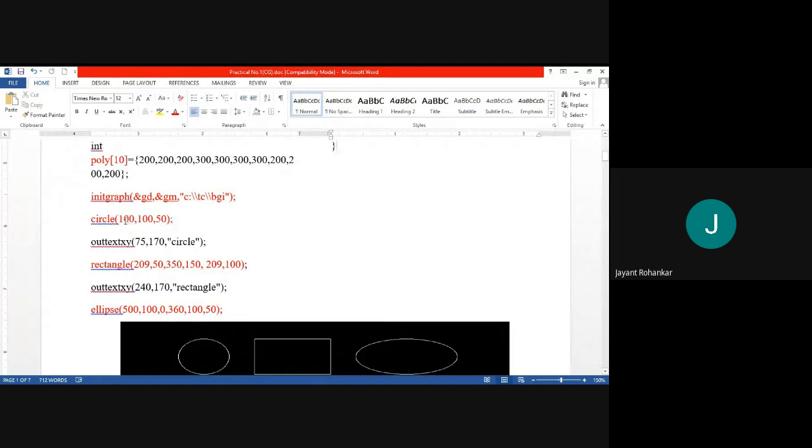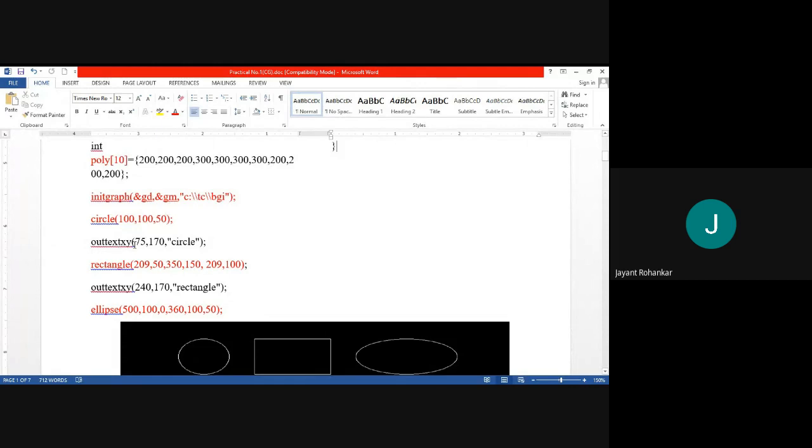The first 100 is the x value of the coordinate, the second 100 is the y value of the coordinate, and this 50 is the radius of the circle. So 100, 100 is the center, and from that center we draw the circle with radius 50.